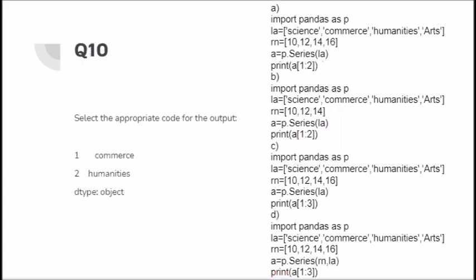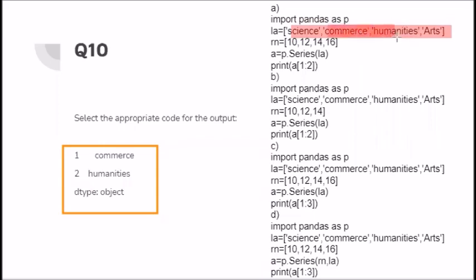The last question in the same video. The output is something like 1 commerce, 2 humanities, and that too with the type of object. So if I have a series like science, commerce, humanities and arts, then 1 commerce, 2 humanities.